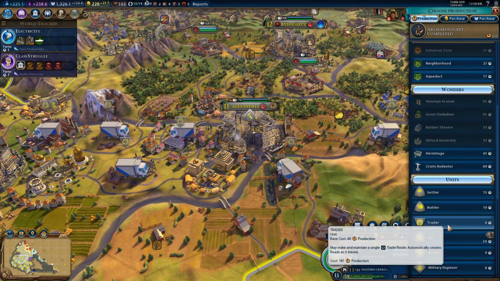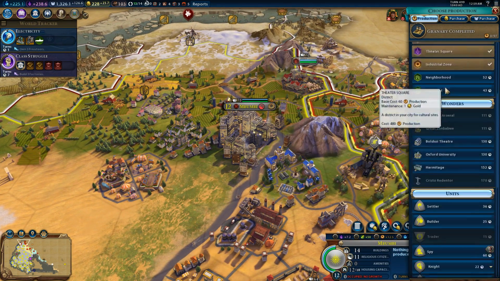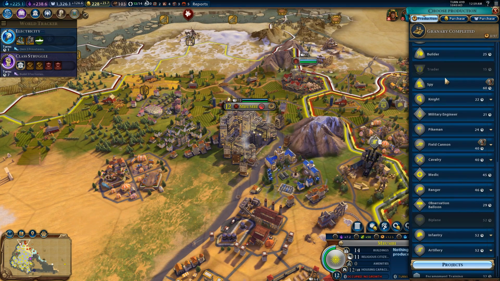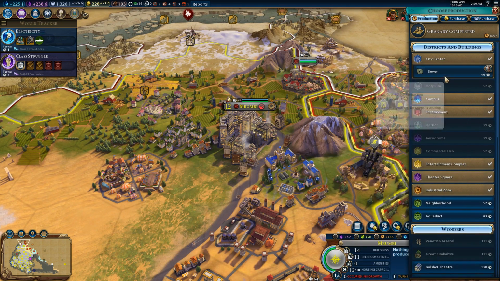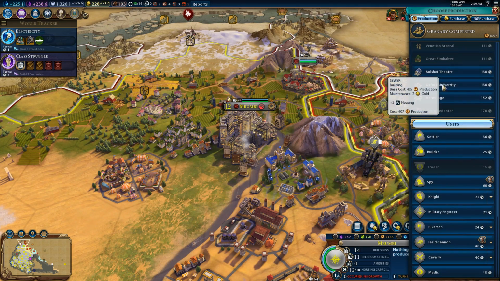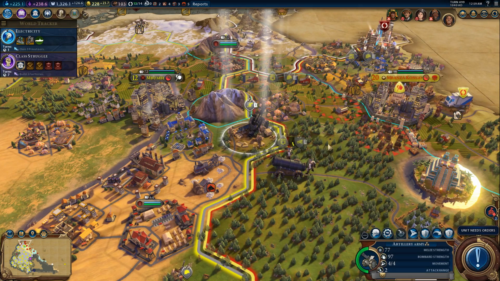And it looks like we can build another trader, so let's do that. We need to work on getting gold through our traders. I know that that's part of the reason my economy is low, is that I'm focusing on internal trade routes and production. I could trade externally and get a little bit more gold that way. I'm aware. Let's go ahead and get a builder going in Bumby. It's going to take a while, but...